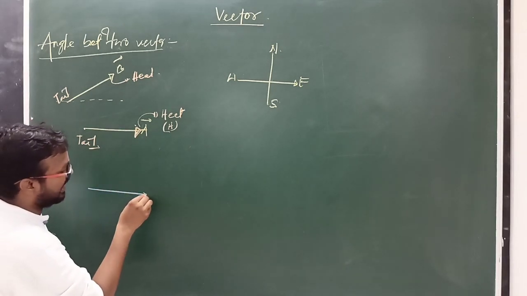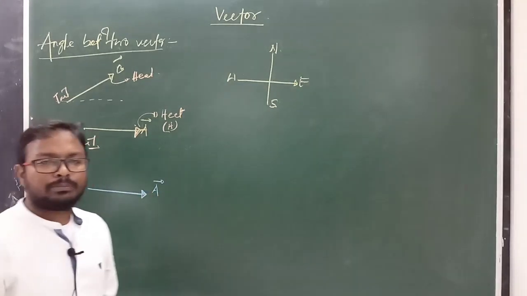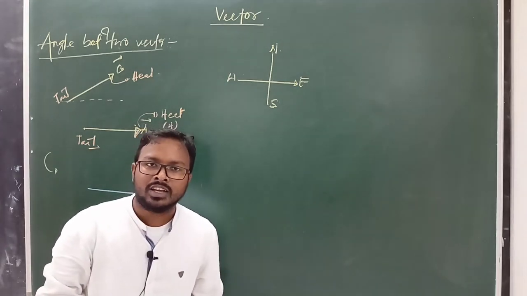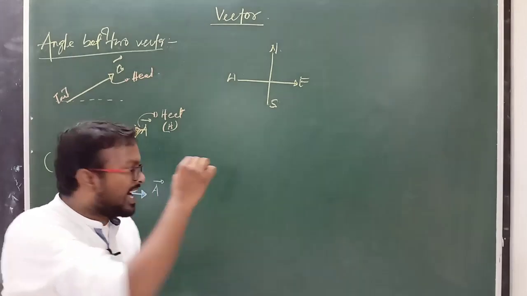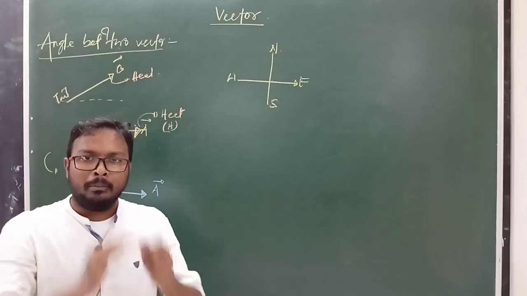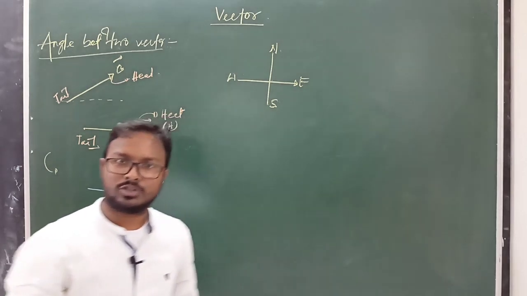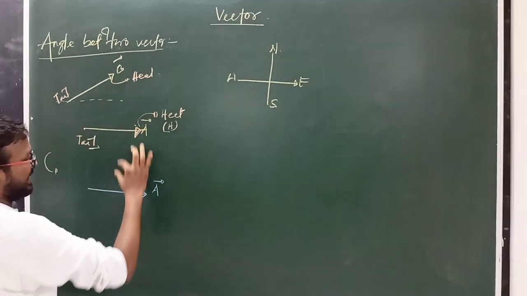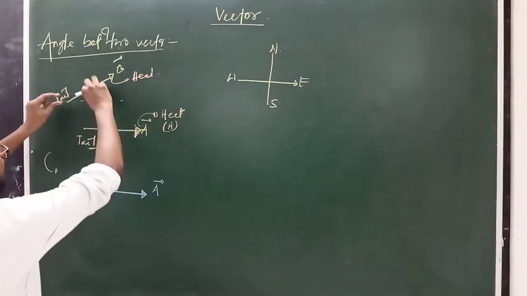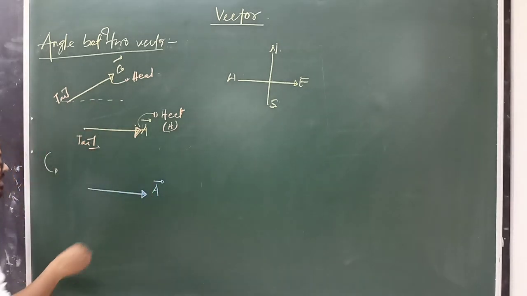Suppose this is vector A, because a vector can be shifted by using the parallel shifting of vector method. What is the parallel shifting of vector method? When we shift a vector from one position to another position, there is no change in direction and magnitude. Magnitude and direction remain constant, but the position of the vector just changes. Similarly, I am writing here vector A and another vector B. Now shift this B vector in this way, by parallel shifting, and now join the tails.